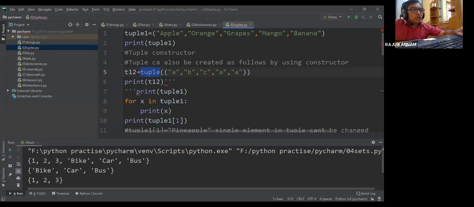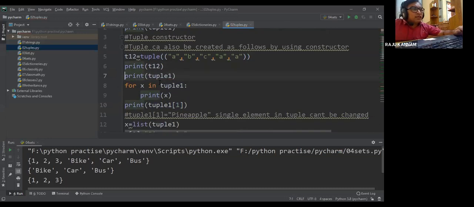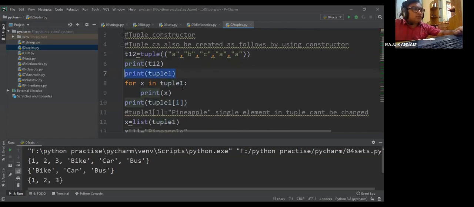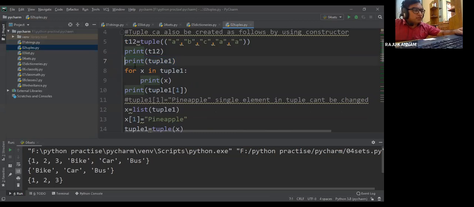So for the tuple class, there is a tuple constructor. By using it you can create the tuple, but remember, we have to use double brackets. Here we have also printed tuple one.